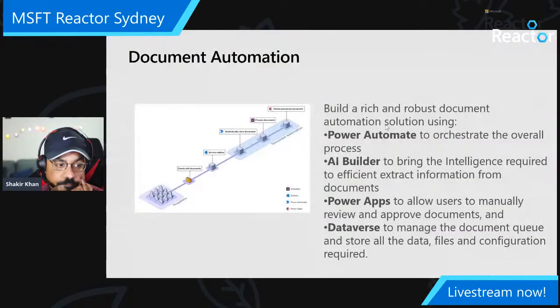So the document automation allows you to build rich and robust document automation using Power Automate, AI Builder, Power Apps, and Dataverse. So how does it work? Consider the same scenario where you have invoices, and you ask your user, if you have any invoice, just send that invoice to us, and through Power Automate